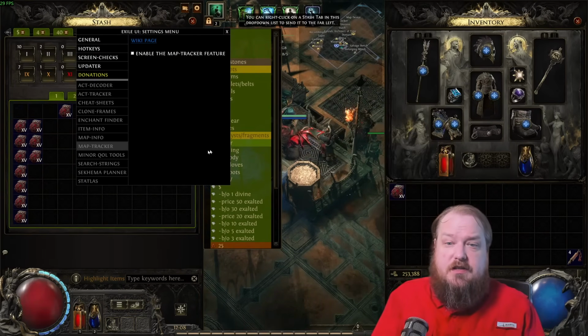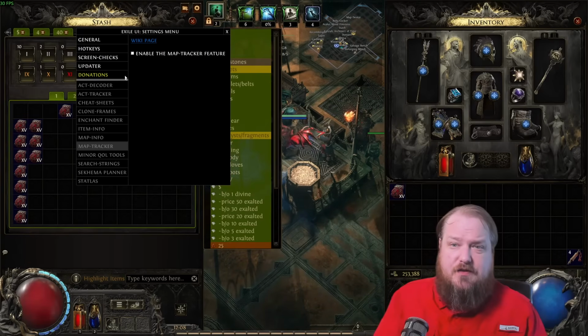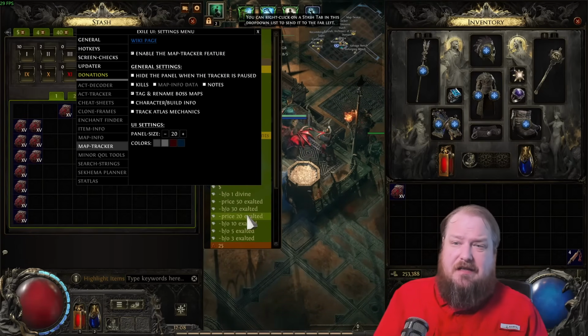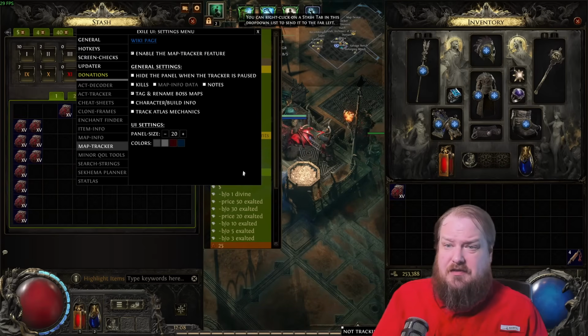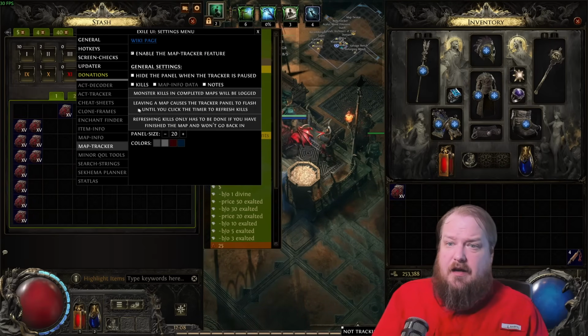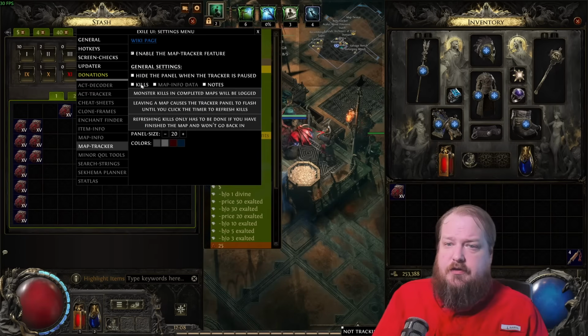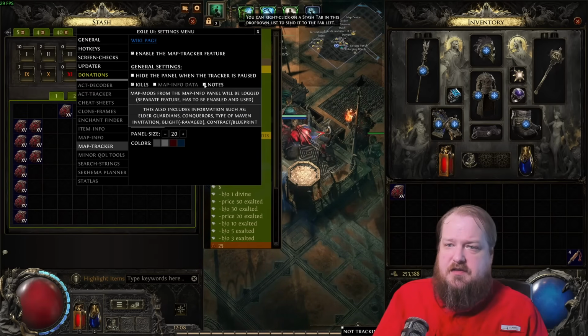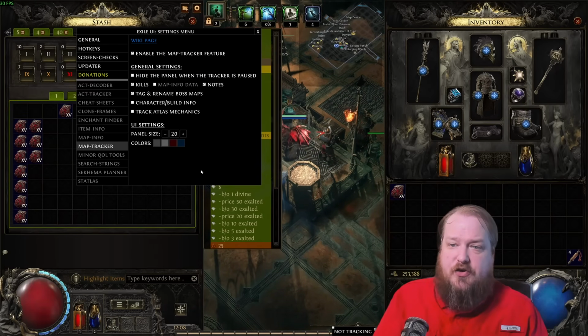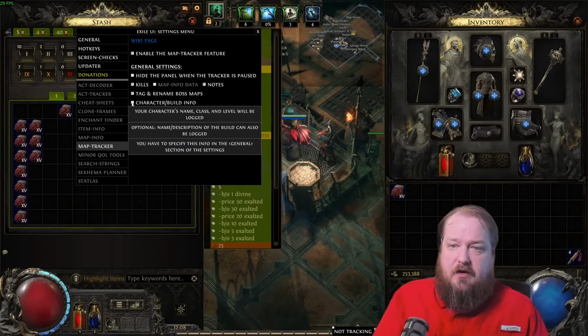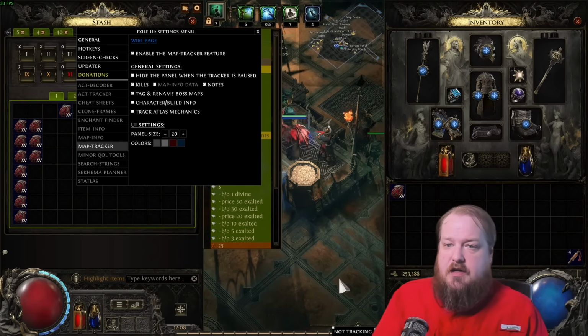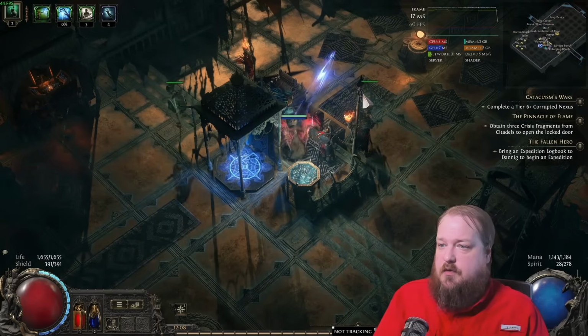Then the next section is the map tracker. So this helps you to track maps during gameplay. With this checkbox enabled, you can check some of these boxes for some features you want to be tracking. Maybe you care about the build info, maybe you don't. And so you can check some boxes to have it start tracking. And then when you go into a map,